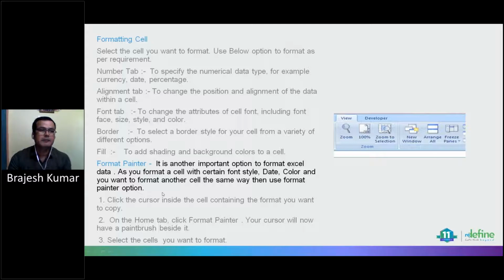For that, we select the formatted text and click on Format Painter, then select another text and release the mouse button. This action applies the formatting of the selected text to the other text.